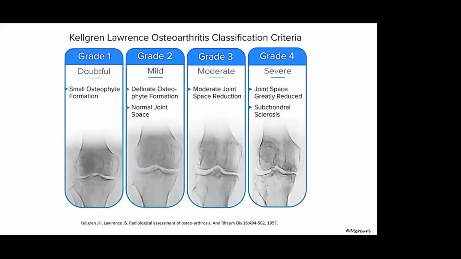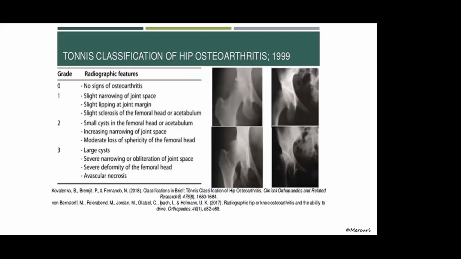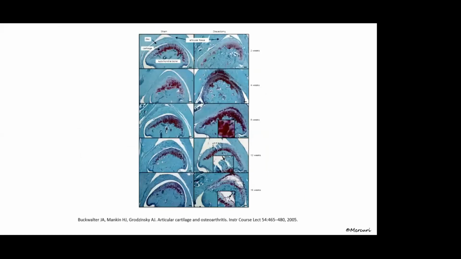Now, in orthopedics, they've developed a grading system for osteoarthritic disease in both the knee and the hip. Unfortunately, the only temporomandibular joint grading system we have